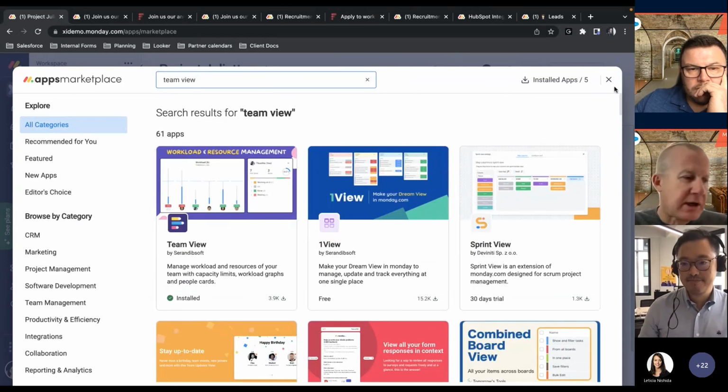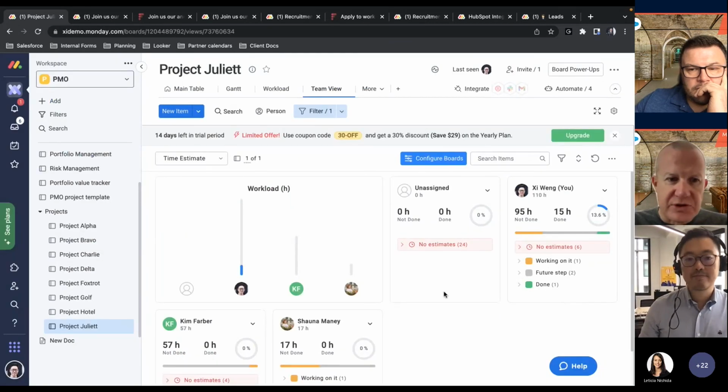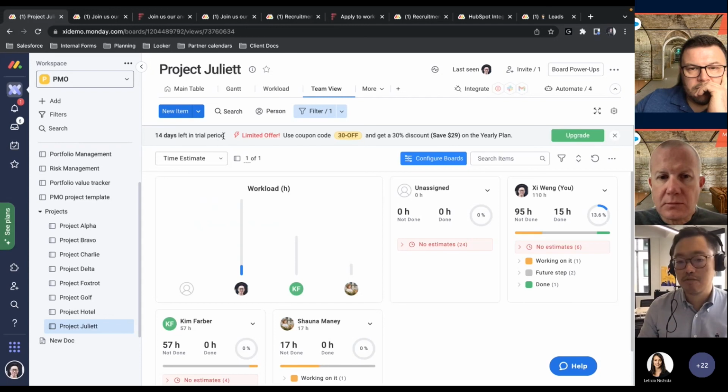Well, that looks really good. I did have a question about that. Is it available for all licenses? I presume it is once you get the app. It is, absolutely, yeah. Just one thing to point out, this is licensed separately through the app to Monday, so there might be a different subscription. As you can see here, you go into a trial period first and play around with it for a couple of weeks to see if it's useful. And then that's transacted directly through the Monday App Store.